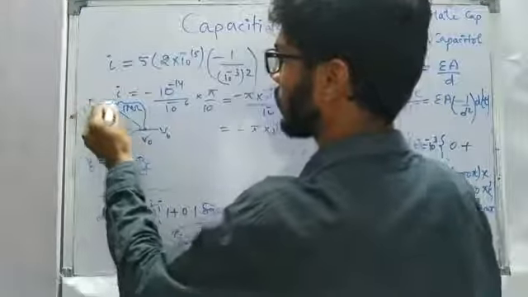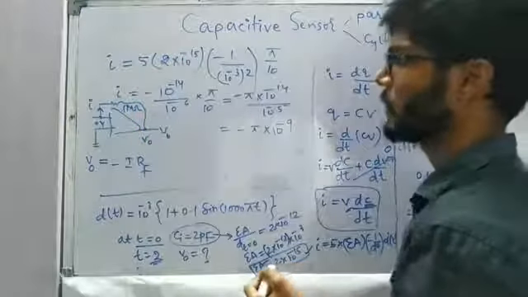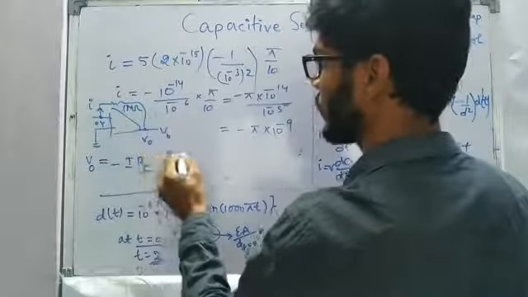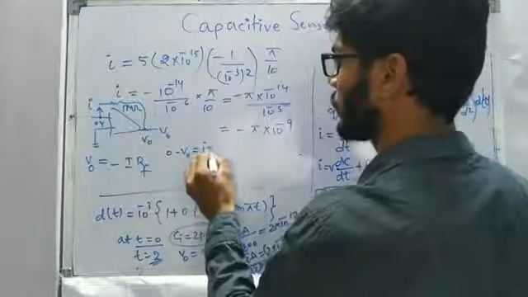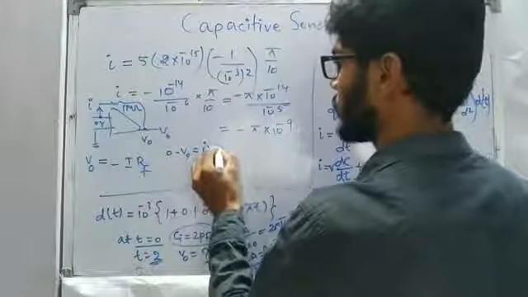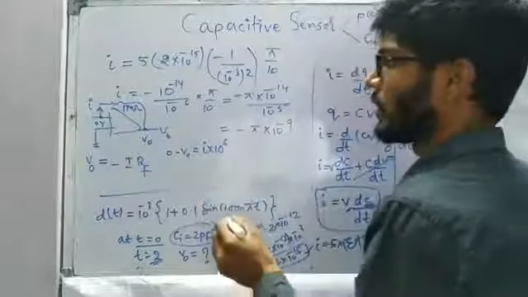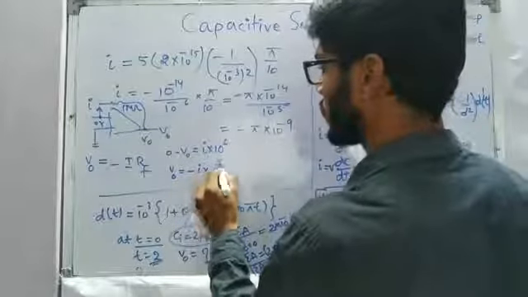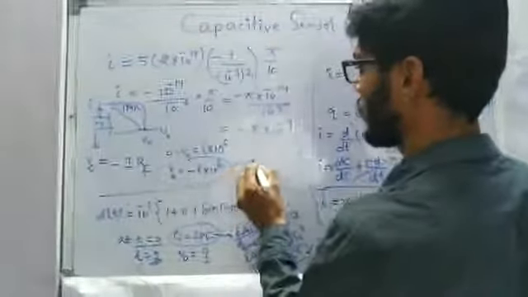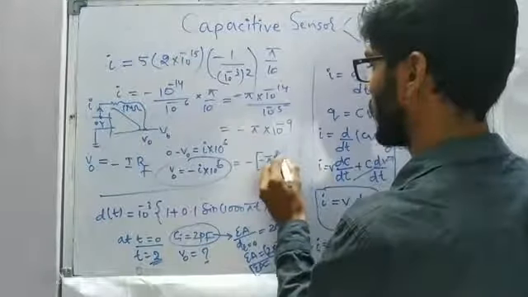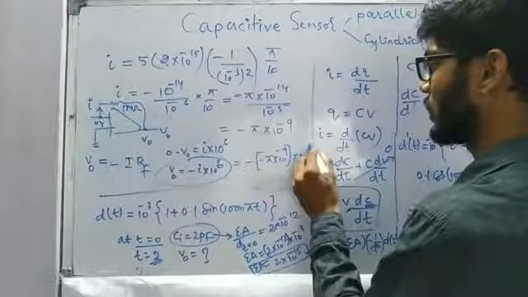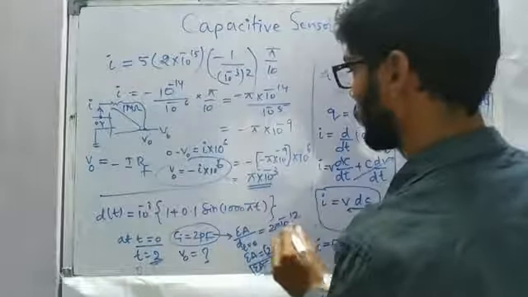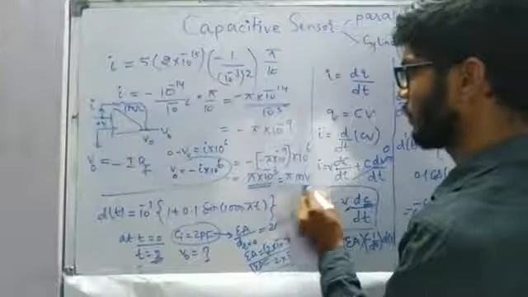So we have calculated the current I as minus pi into 10 to the power minus 9. So V is equal to IR. So this minus this, 0 minus V0 is equal to I into R, 1 mega ohm. Mega means 10 to the power 6. So V0 is equal to minus I into 10 to the power 6. If we put the value of I here, minus and minus pi into 10 to the power minus 9 into 10 to the power 6, this minus minus is plus pi into 10 to the power minus 3. So the output voltage is going to be 5 millivolt.